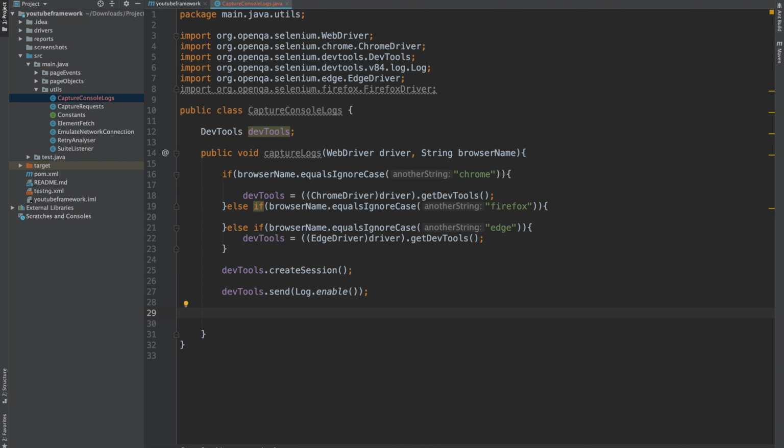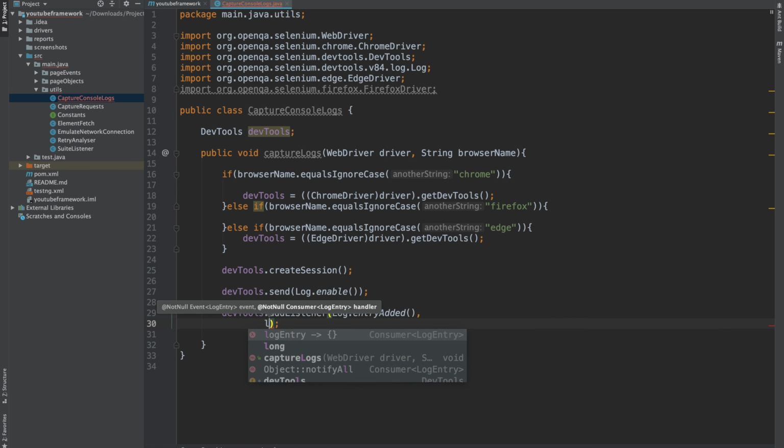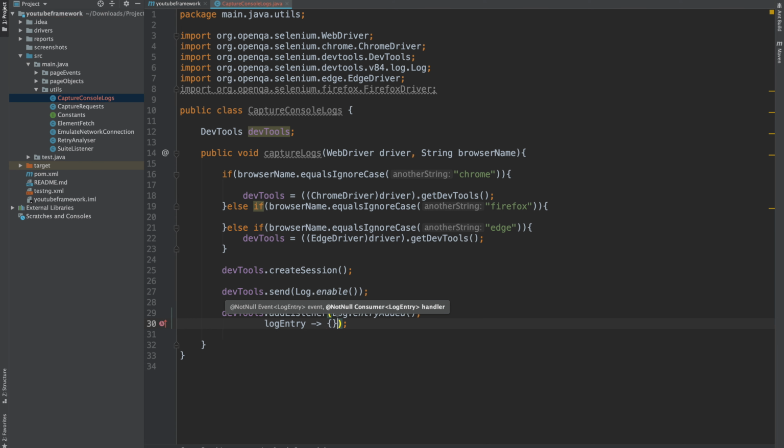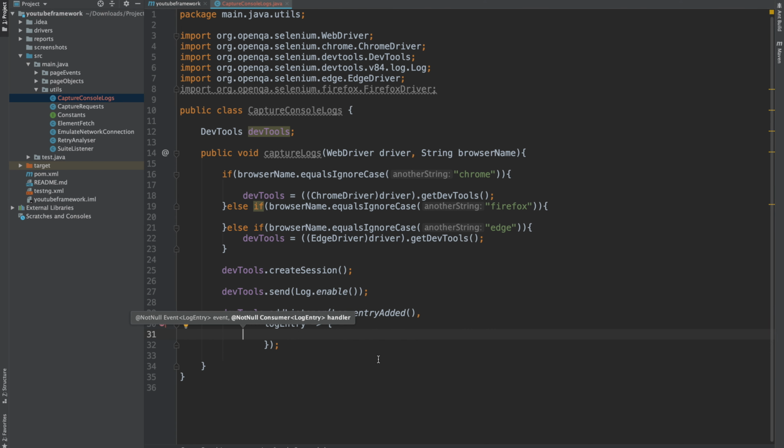And now we need to add the listener. For that we will be writing devTools.addListener, and then we will be writing Log.entryAdded, comma, logEntry, and inside this we will be basically printing the logs.